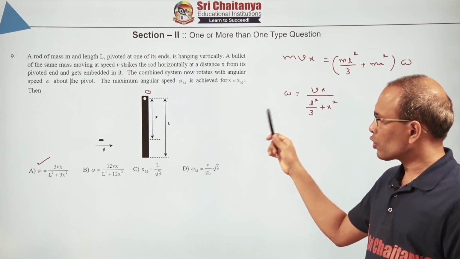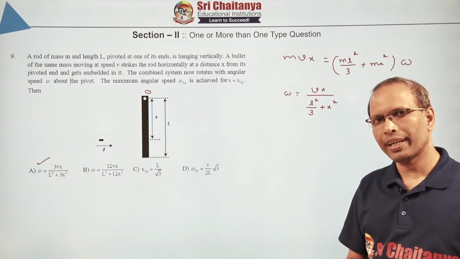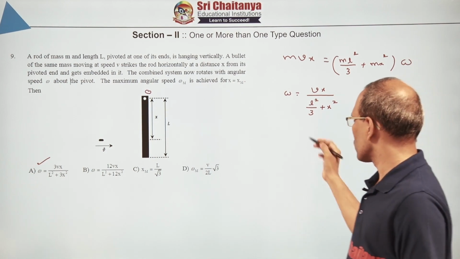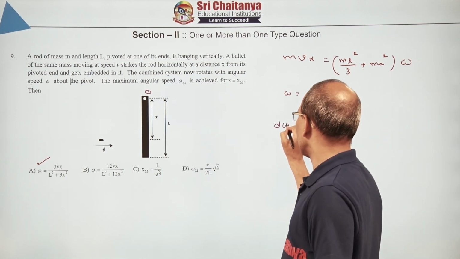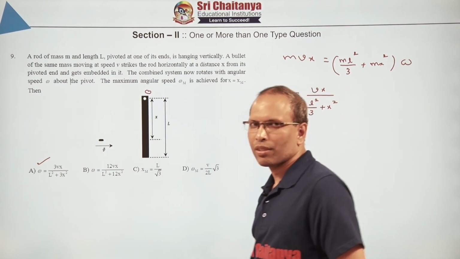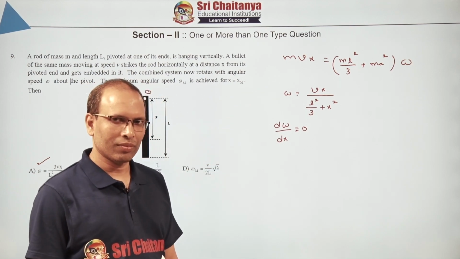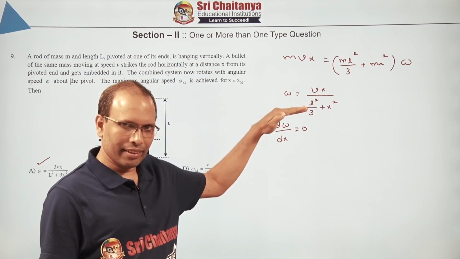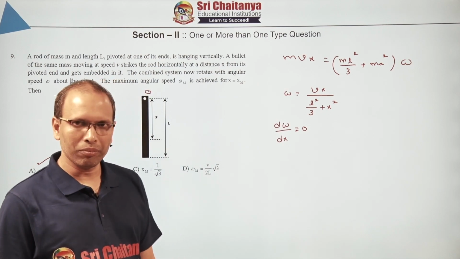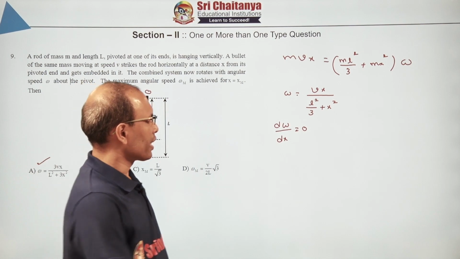Now you want this omega to be maximum. If any function is maximum, then what do we write? Its first derivative is 0. So we write d omega by dx is 0. This is one way to write it. Another simple way, logically, if you think, this function has to become maximum, so I can say its inverse has to become automatically minimum. Even for that condition we can say its first derivative is 0. So I will write like that.